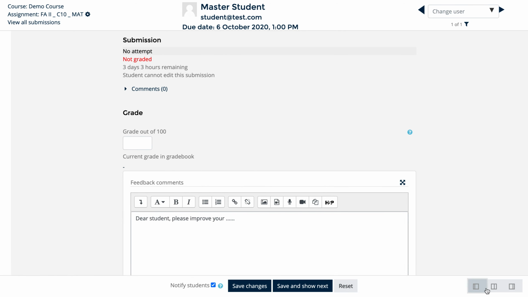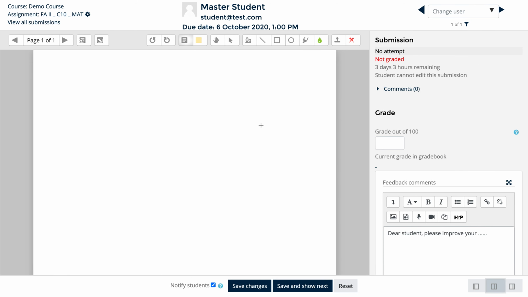So these three options will be useful, and my recommendation for this answer script evaluation is that you use a laptop, a desktop, or a tablet PC. Evaluating these answer scripts on a mobile phone might be a little tricky because the screen size is very small. A 6 inch or 5.5 inch screen may not be so comfortable for evaluating these answer scripts, but having said that, I do not mean that you cannot do it on a mobile phone.